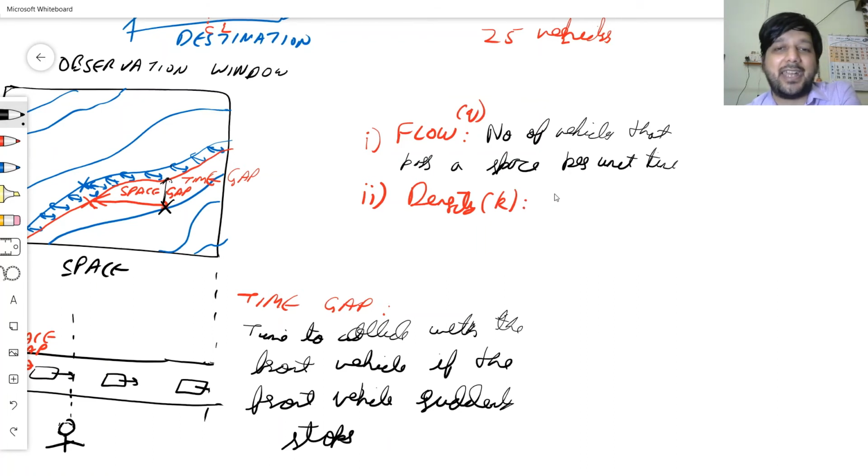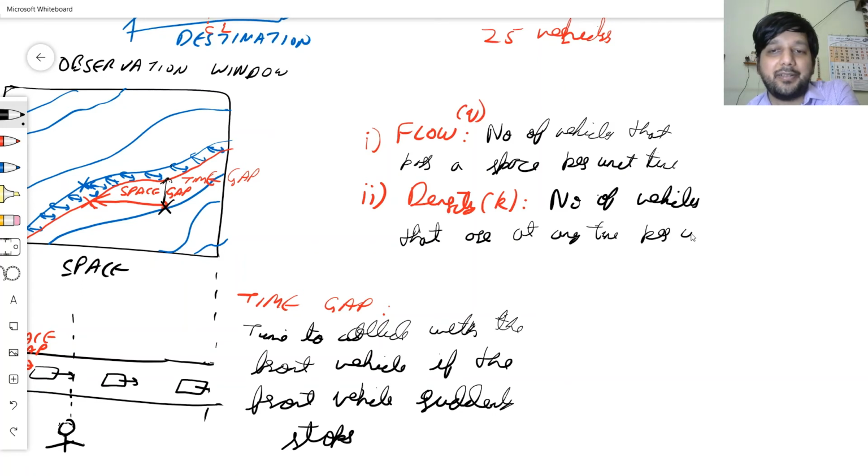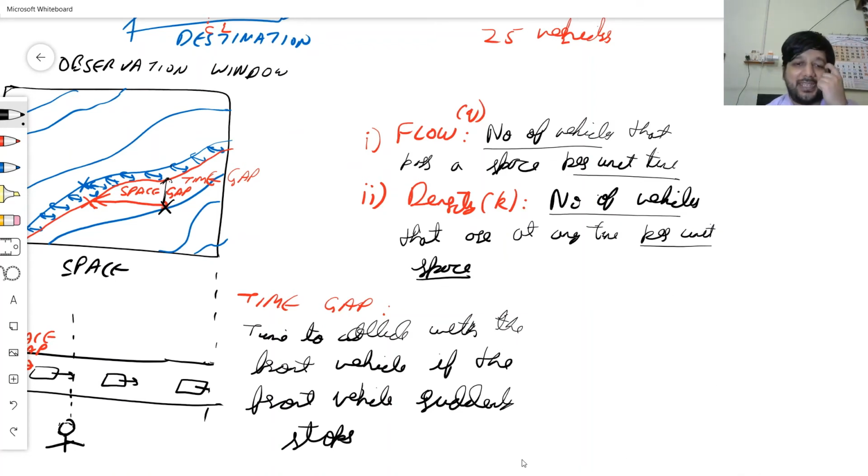Density is defined as the number of vehicles that are at any time per unit space. So flow is number of vehicles per unit time, density is number of vehicles per unit space. So now what I do is that I look at everything, and at any given time I say